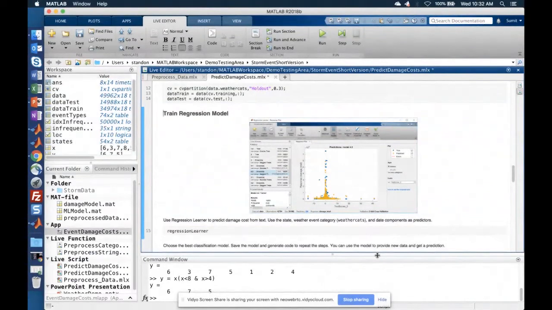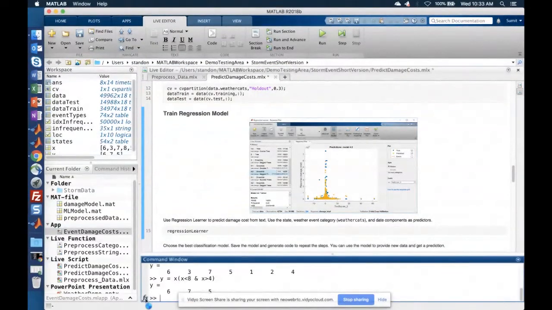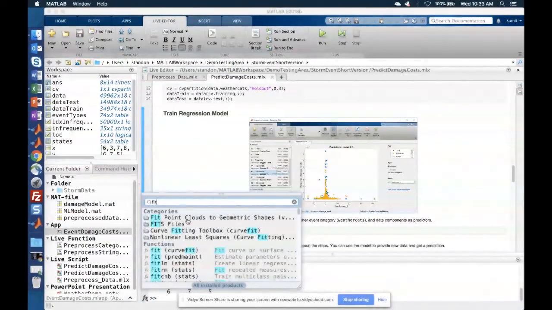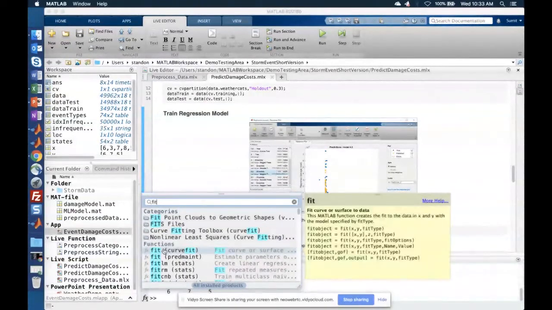If you prefer a more programming or code-based workflow, you can explore the documentation in MATLAB, or maybe the function browser here, and you can start searching for functions that can help you develop, say, an example of mathematical fitting. Depending on the toolboxes you have installed in your MATLAB installation, this tool will give you suggestions on what functions you can use. You can get some help on how to call a function as well.